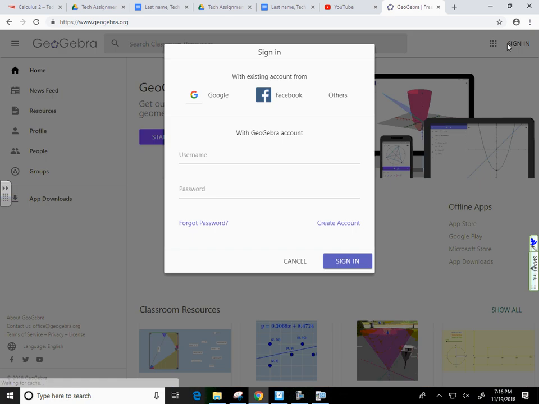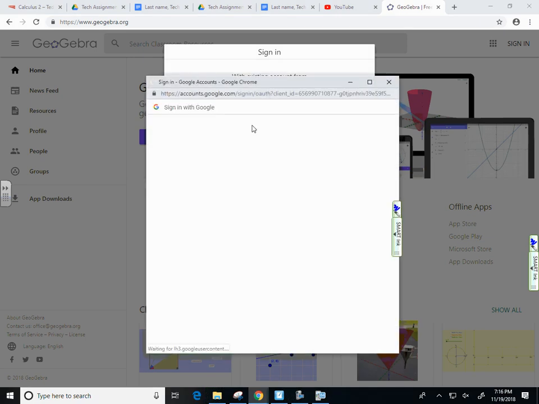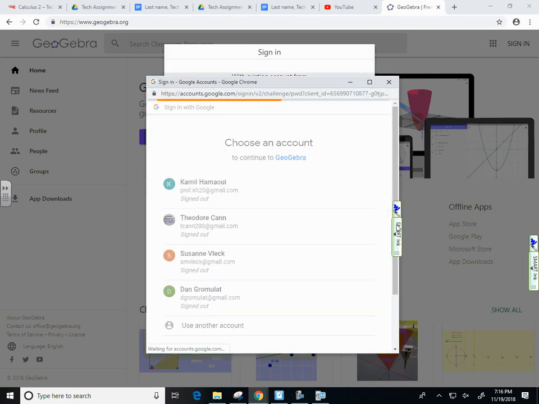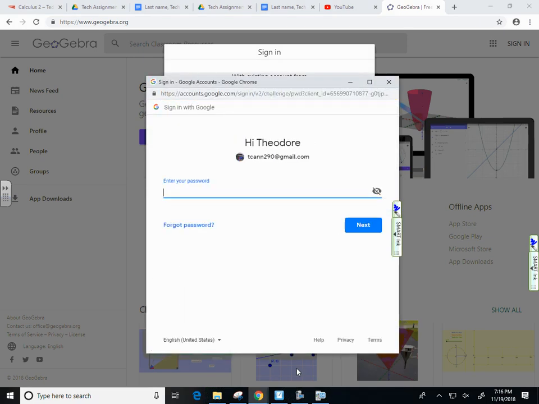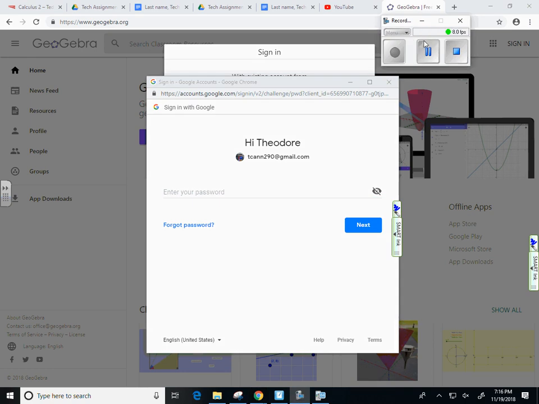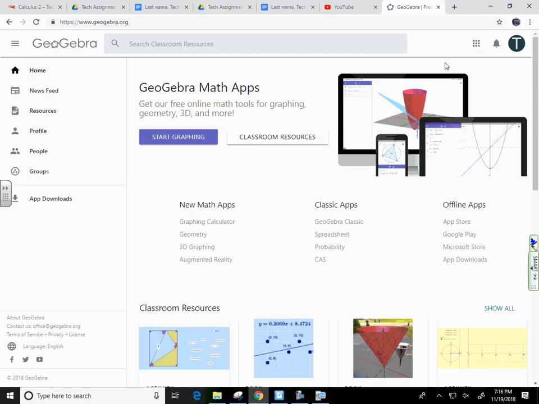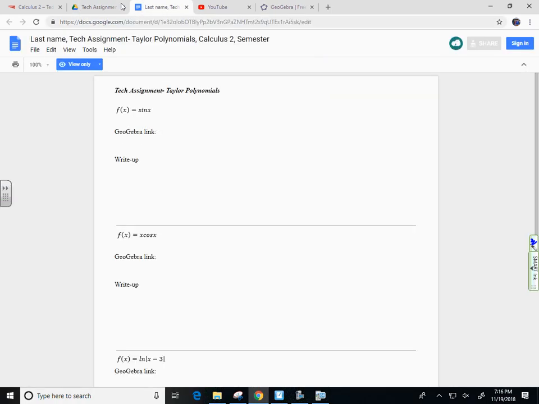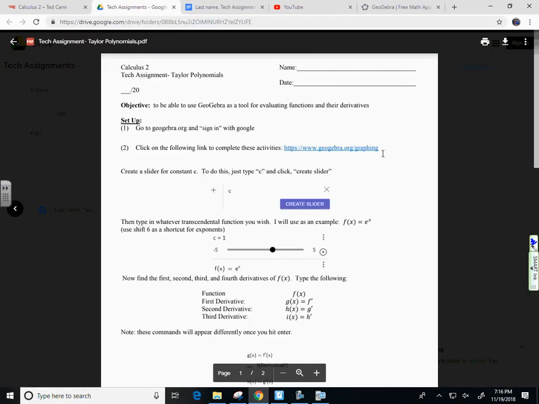Right, so you go to sign in with an existing account, which you can create your own account, but if you sign in with Google, you're good to go. All right, so I signed in with Google. I have extra stuff here open that I don't need. All right, so we want to go to